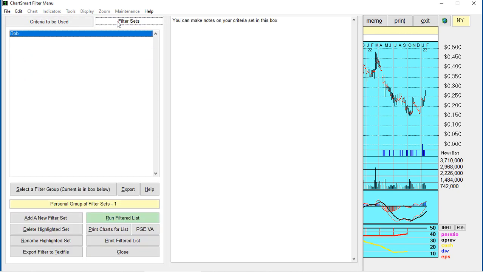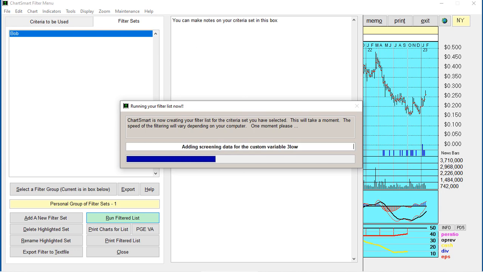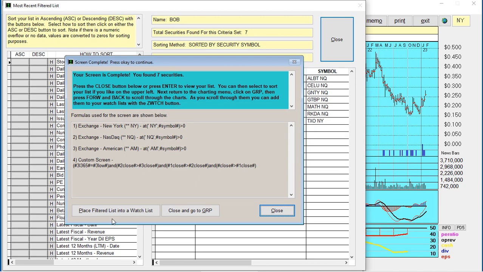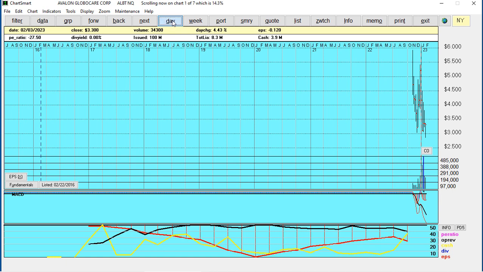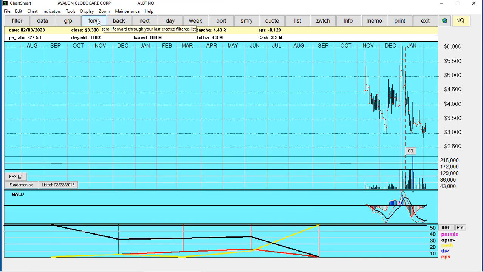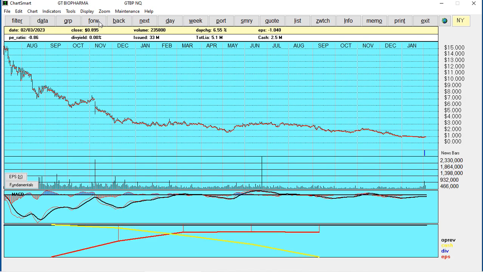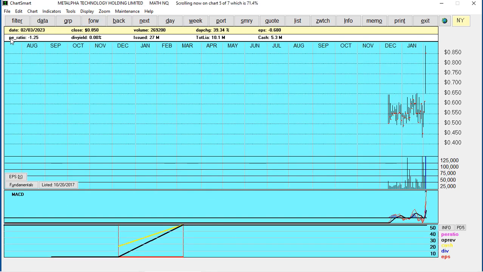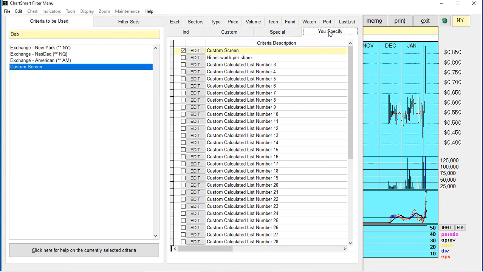So what I would be doing here now is, on those Canadian stocks, running a filtered list on, as you can see, those variables kind of going by, and I've actually found the New York and Nasdaq stocks. Whatever that screen was, that custom calculated list, I can begin scrolling through them. I just don't know what it was. Okay, so it looks like some kind of trend change. So that again was way in here, way down